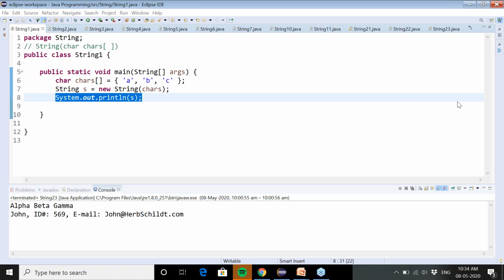Once you initialize the string object with some value, then that object value cannot be modified. So those kinds of strings are called immutable strings. If a string can be modified after the initial assignment, yes.